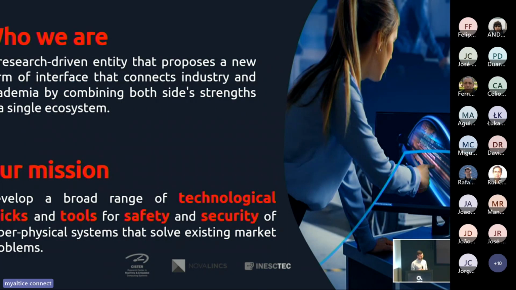Most of you probably know us since we've been working in several projects that have been presented here, both Floyd, Insect, and in this case, Steroid. We are a research-driven entity,